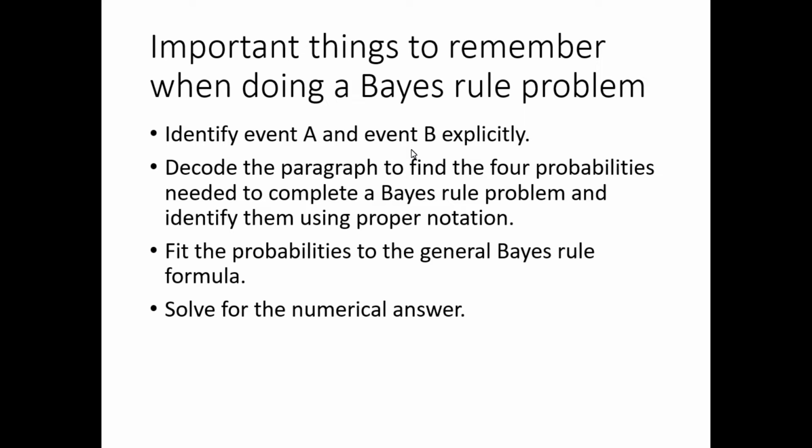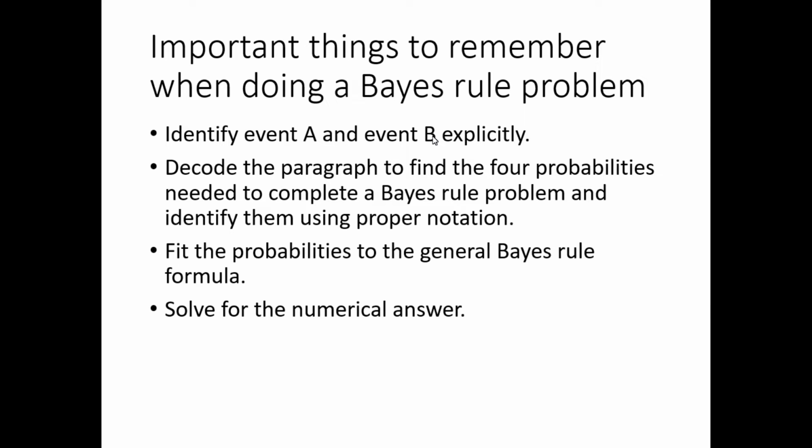Decode the paragraph to find the 4 probabilities needed to complete a Bayes' rule problem and identify them using the proper notation. Fit the probabilities to the general Bayes' rule formula, and solve for the numerical answer. Solving for the answer can be a little tricky as far as making sure you have all the parentheses right, but again, it's going to be a pattern. When we pick up on how to put it in right the first few times, you'll be able to do it in the future. So I'm going to show you on this PowerPoint the problems done out in their entirety